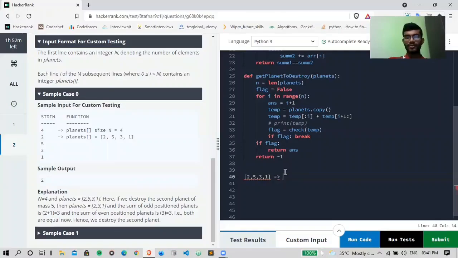So this one, 2 plus 3 is 5. That's the first sum. Later we have the second one as 6, that is 5 plus 1. Let's say I have removed the 2. So I'll get 5, 3, 1. So how I need to change these sum values means,